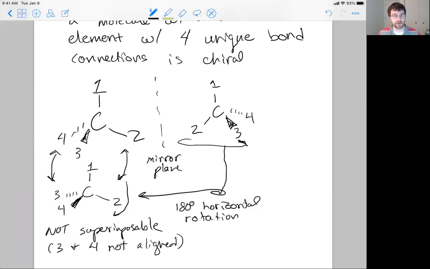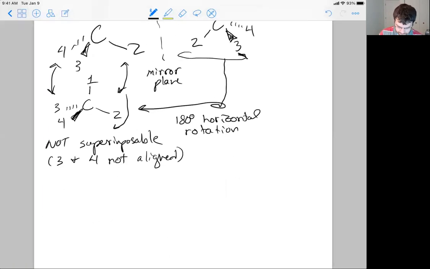We would have to take that mirror image, break some bonds, make some bonds, but then we're no longer at the mirror image. We've changed the molecule entirely. So the point here is that the mirror image and the original structure are different from each other. And if they're different, the molecules are chiral. Okay, so chirality